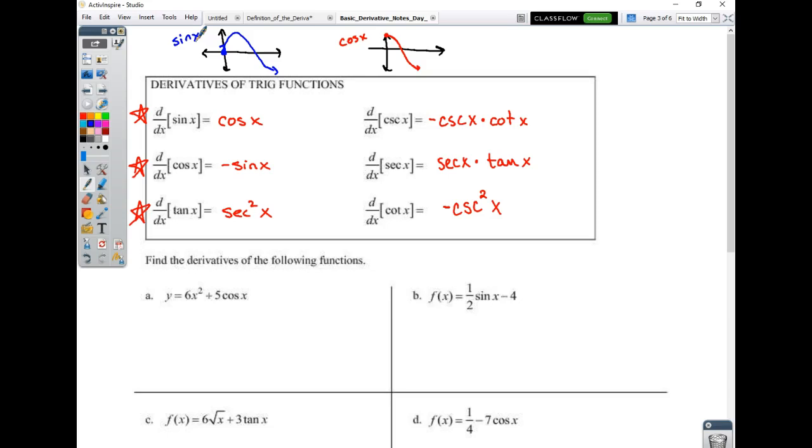The other thing that's cool about this, if I take the derivative of sine of x, that leads to the cosine of x, right? If I take the derivative of cosine, I just said we go to the negative sine of x. If I take the derivative of negative sine, and we take the derivative of negative cosine,